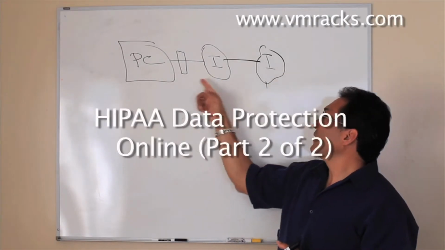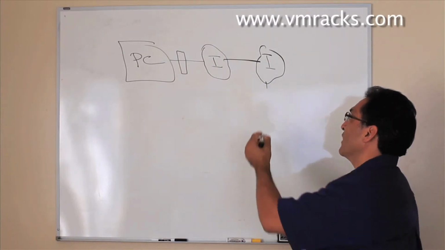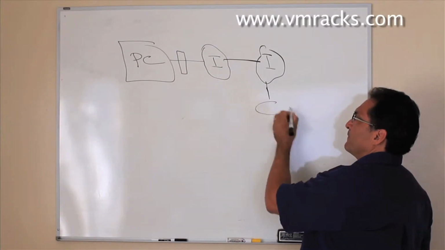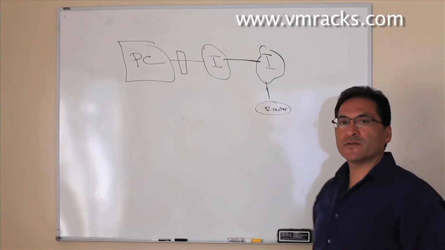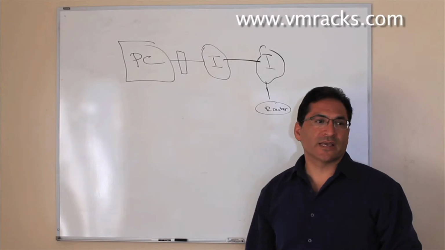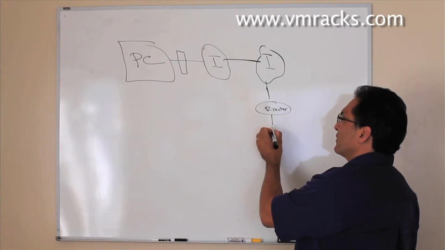We're back to the drawing where the PHI data left the PC through the internet, and now we're going to see that it hits the router. The router is where the data center entry point is. Once it hits the router,